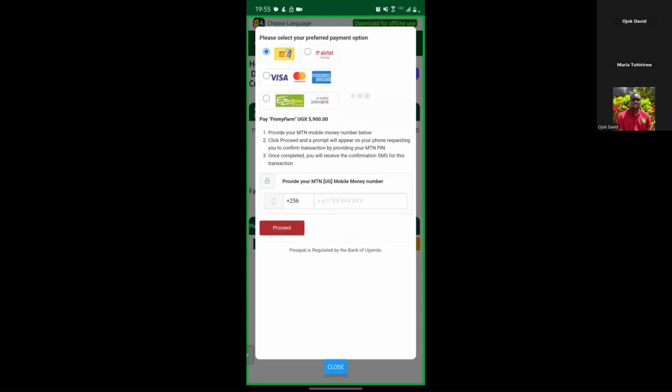So pay with Stripe, which you saw the other side, is let me say you have card. If you're using your Visa card, you can put in your Visa card and pay with that. Or now with PesaPal here would have MTN, Airtel. Let's give it time to load. All right, so I'm going to pay with